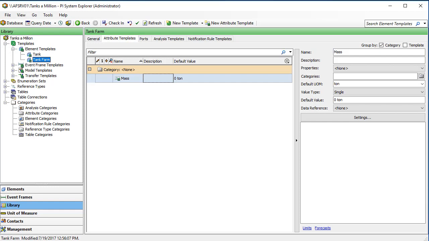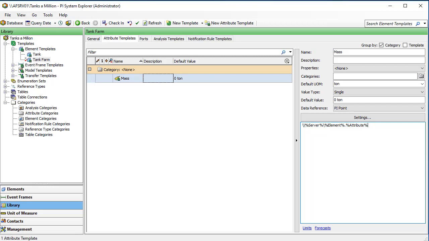So we're going to be creating an asset analysis that will perform the mass rollup, and we want to save the calculated output to history, which therefore means we want the mass attribute template to use the PI Point data reference. When we make that little change, you'll see a default naming pattern appear in your settings window. Now you don't have to use this naming pattern, you're free to use one of your own choosing, but we've already used this same pattern before for the tank levels, so let's go ahead and use it here for the mass.